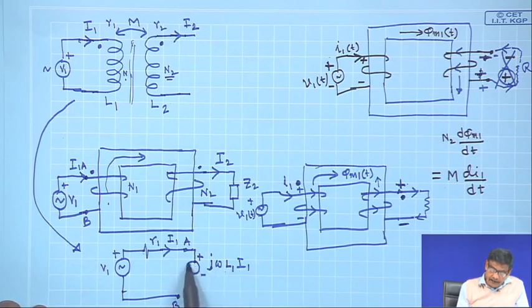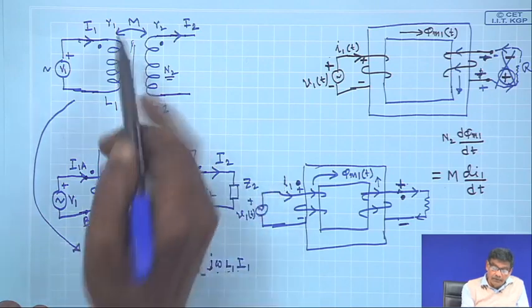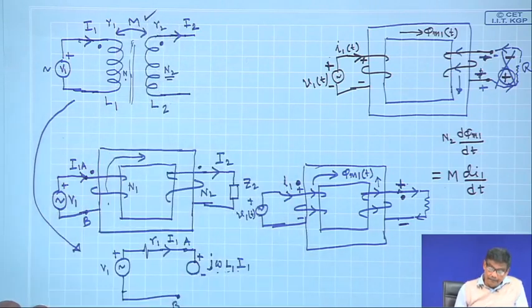So, there will be a voltage drop here plus minus j omega L 1 I 1. But I also know that these two coils have a mutual inductance M between them. Therefore, there is bound to be another source